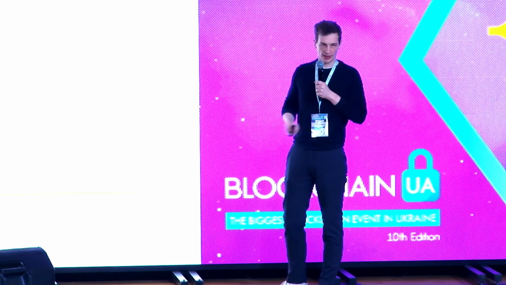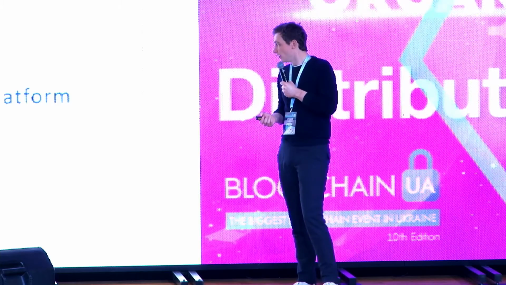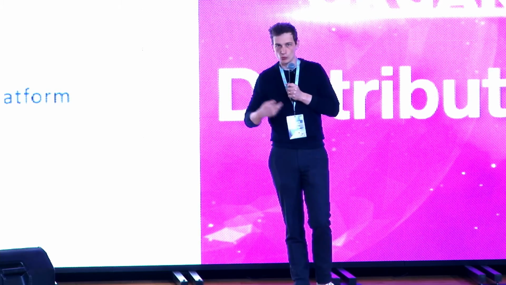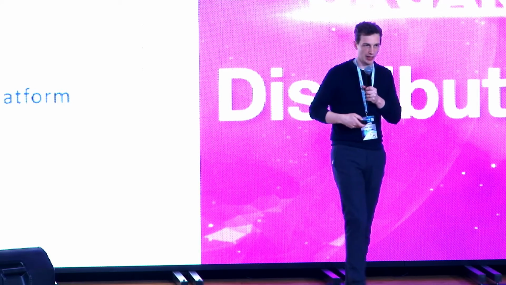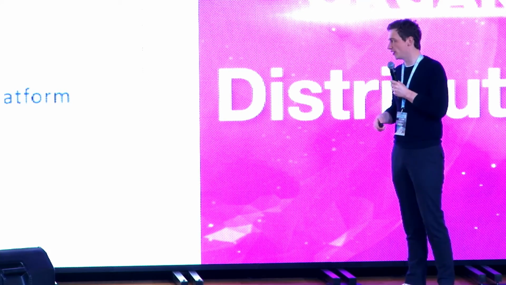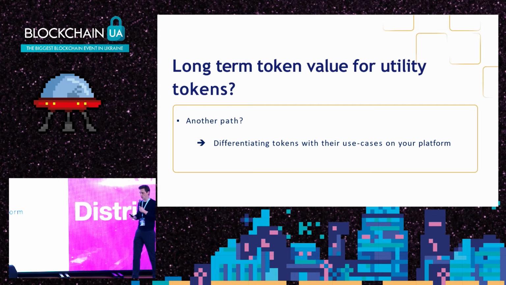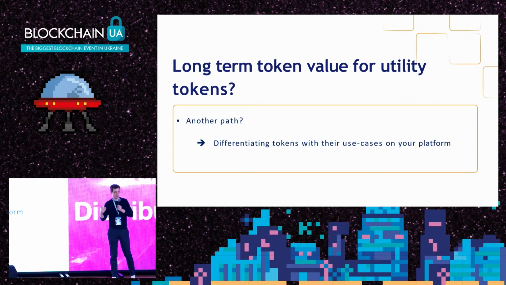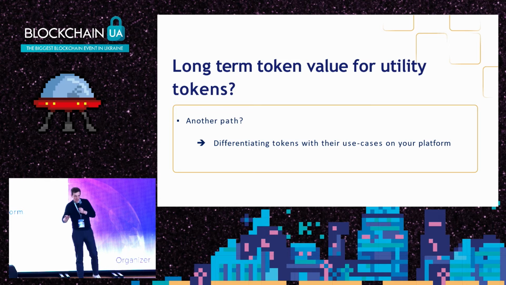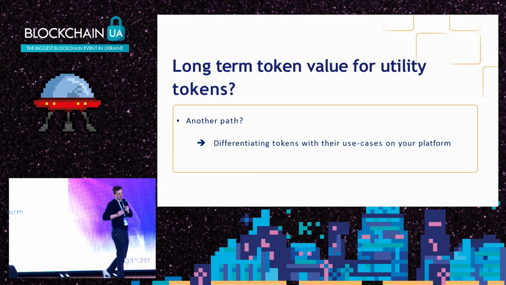So we need to go a bit beyond the ICO model. Some feedback that I can give you from when we were designing our blockchain is that you can differentiate the token according to the use case of your blockchain or smart contracts, and you can even have two or three different tokens for different uses, and that way